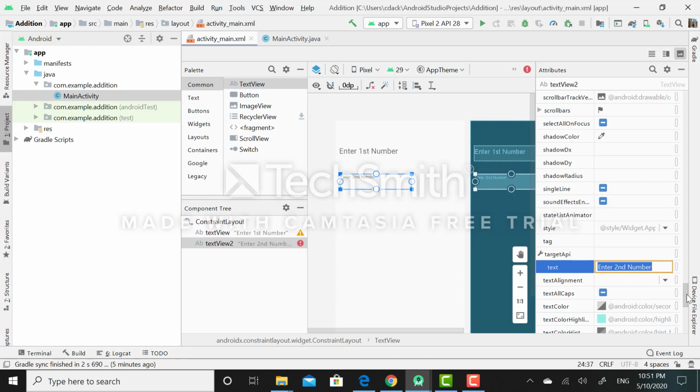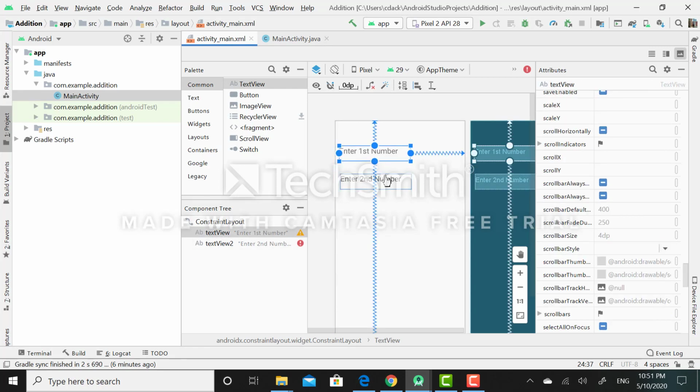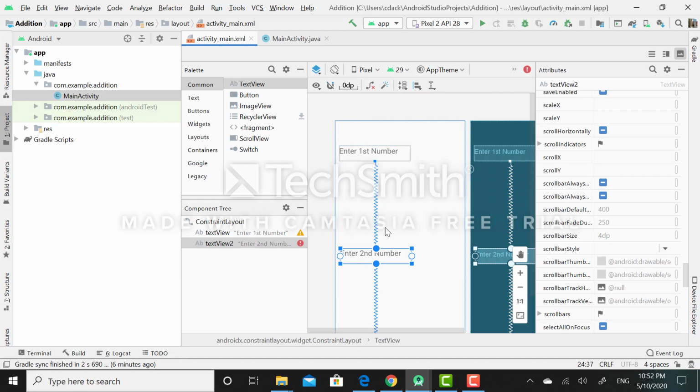Again I will set its font size to 24 sp. Now I will align it vertically as well as horizontally. So in this way the vertical position has been set, and by clicking on horizontally its horizontal position has also been set.